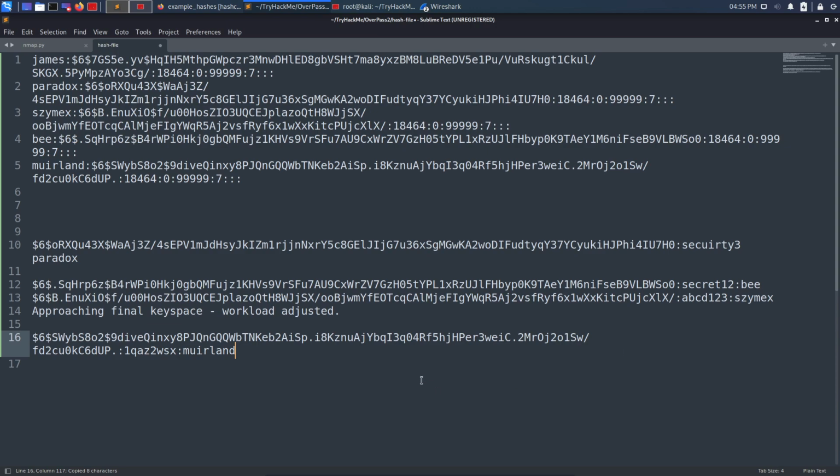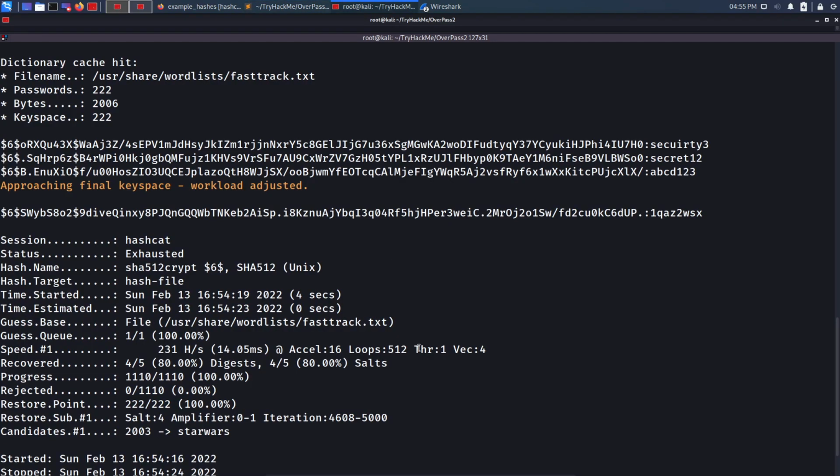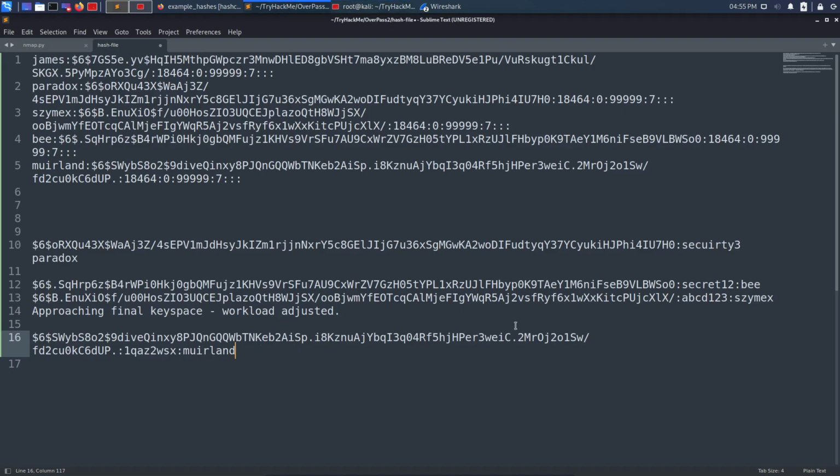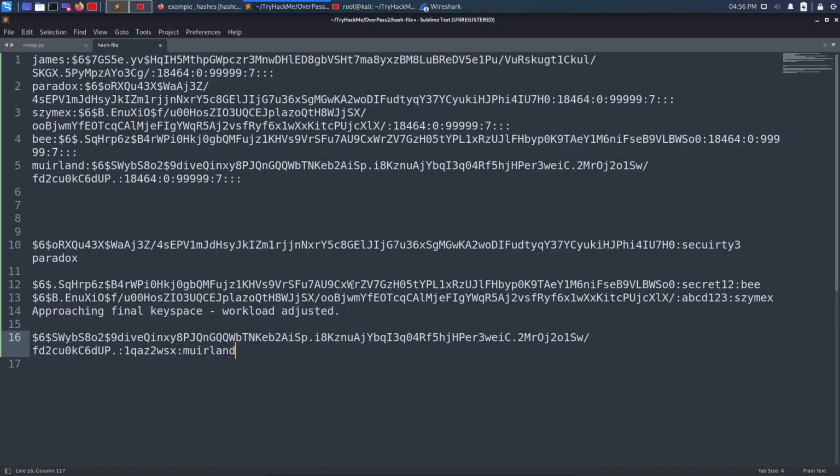Now I have found the username and password for the system. So let's try to log in. First of all, I don't want to do all of this stuff manually. So what I will do is make some file with usernames and some file with passwords, and then use Hydra to do a brute force attack and see whether any user can log in using SSH or not. So for that purpose, what I will do right here is,